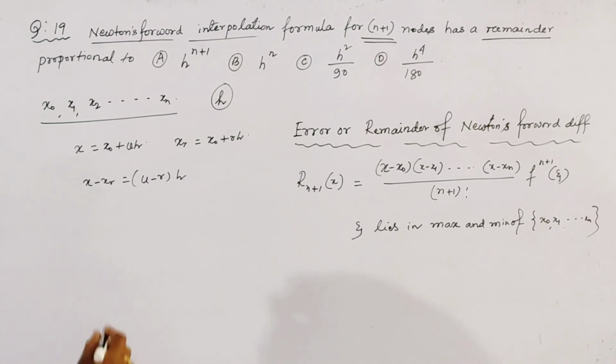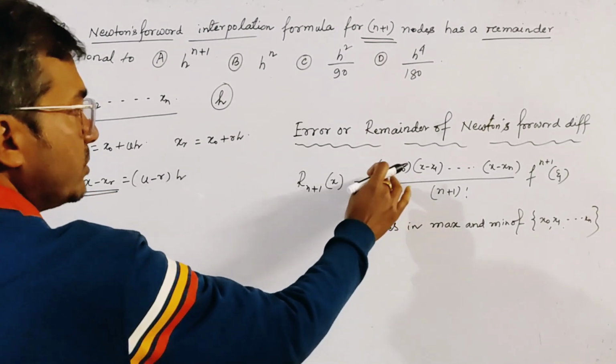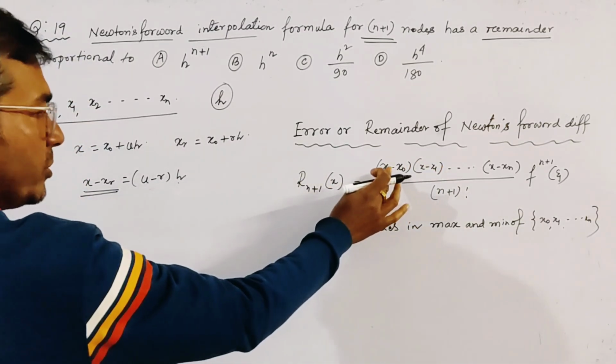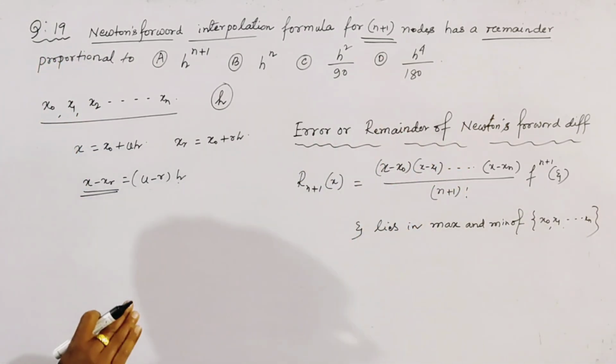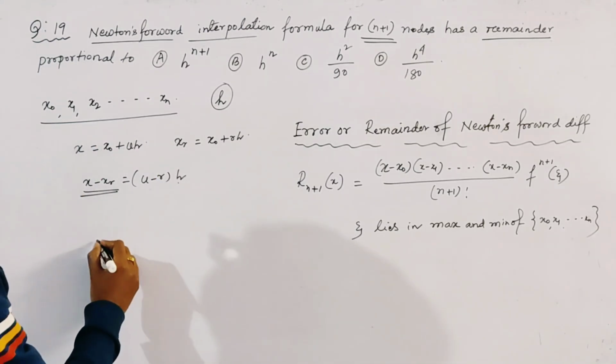Okay, now when we put x minus x0, x minus x1 and so on, we get one h from each, and for all terms we get one extra h, and the remainder term becomes